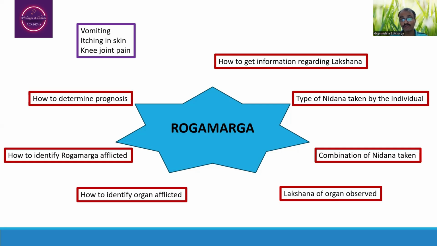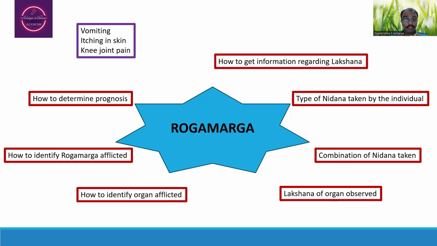Whether the person is having vomiting, the organ afflicted could be the amashaya, or in other words, we can say the stomach may be afflicted there. So we need to know how to identify that: whether there is any pain in the abdomen in the gastric region or not, or regarding the type of color of the vomitus, whether it has undigested food itself, in which case probably pyloric obstruction may be the cause,